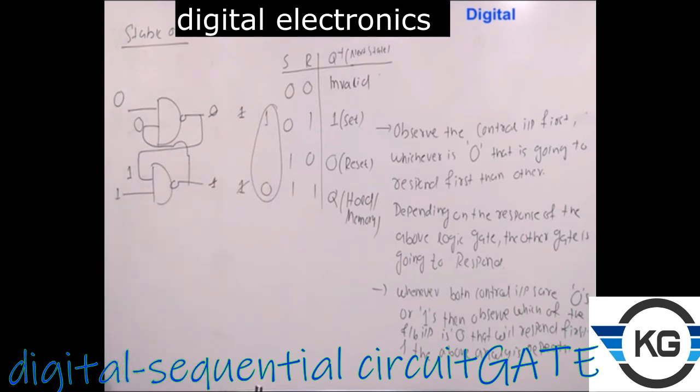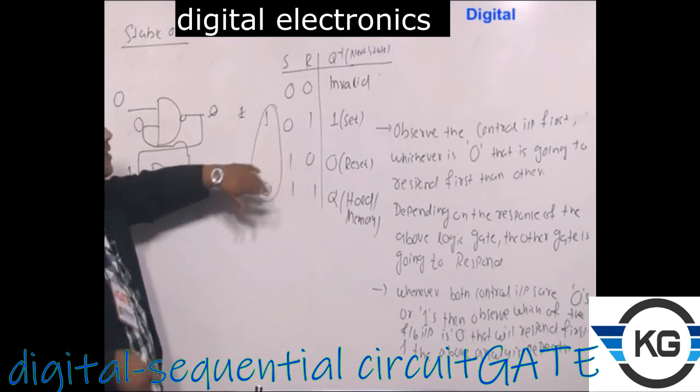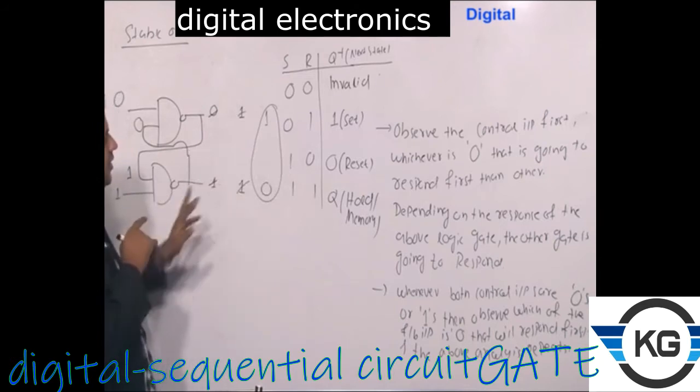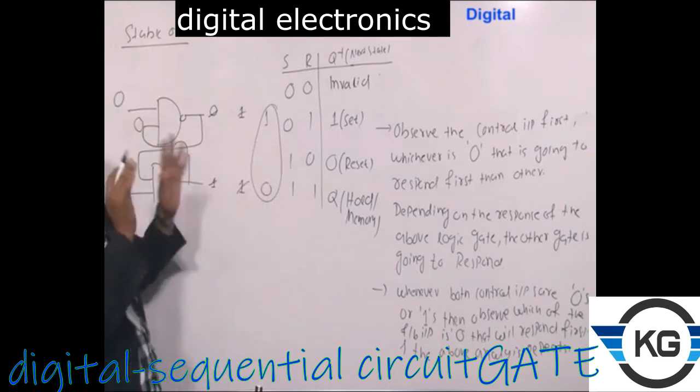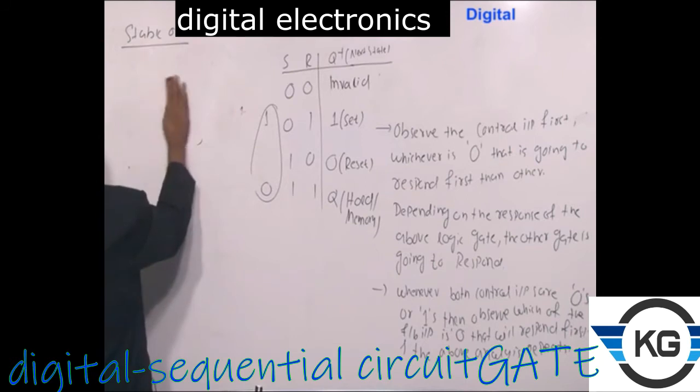Because in the problem statement, these things are being used. The stable state output means that there is no unique procedure if you are going like this, so there may be fluctuation in between. Here you are getting 1, 1. If you analyze the other things in the wrong approach, there you may get something else. But finally, after 1 or 2 iterations, you will get some constant output here, which is fixed. That is what we mean by the stable output. Okay, so this is about your SR NAND latch.